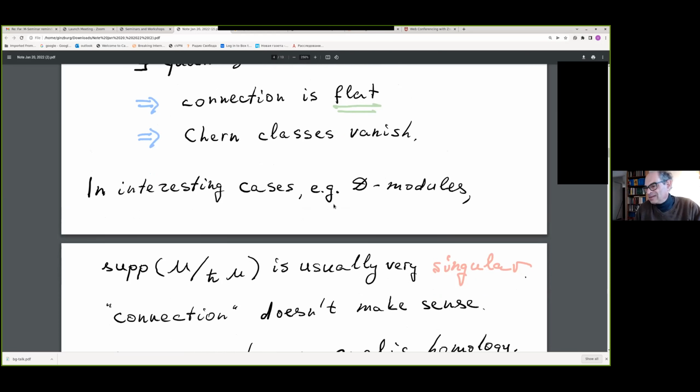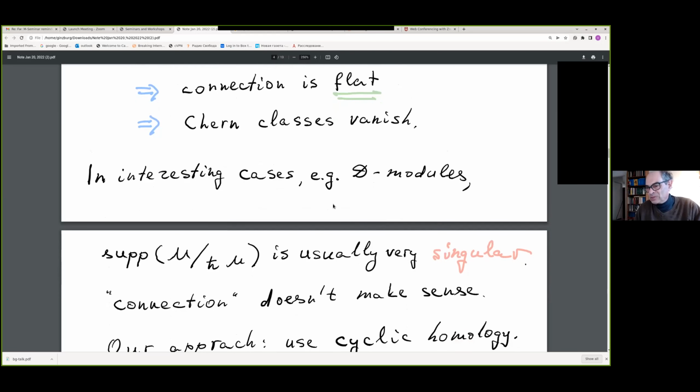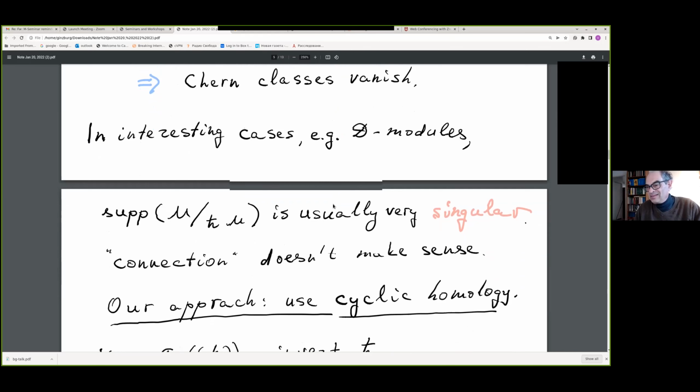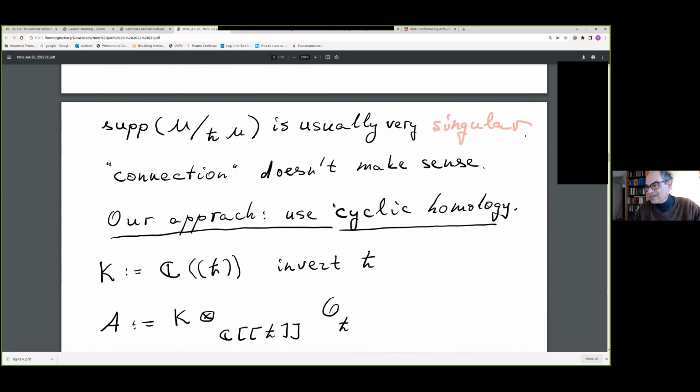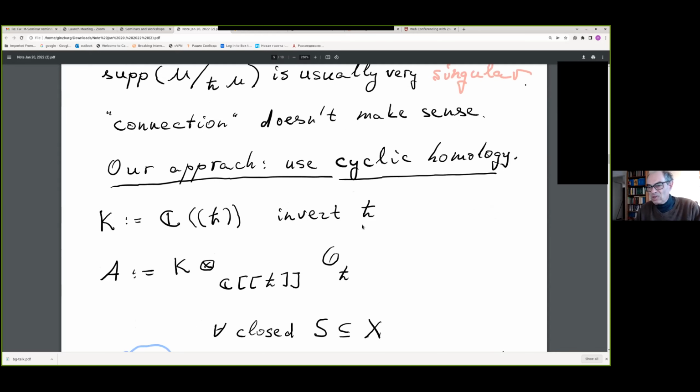And then for a long time, we were stuck. We didn't know what to do at all. And then the solution turned out to be to use very fancy machinery, which is called cyclic homology. I am not going to say anything about what cyclic homology is. I will just, along the way, explain what properties and what kind of setting, how do they appear, and how do we use them. Okay. So first of all,